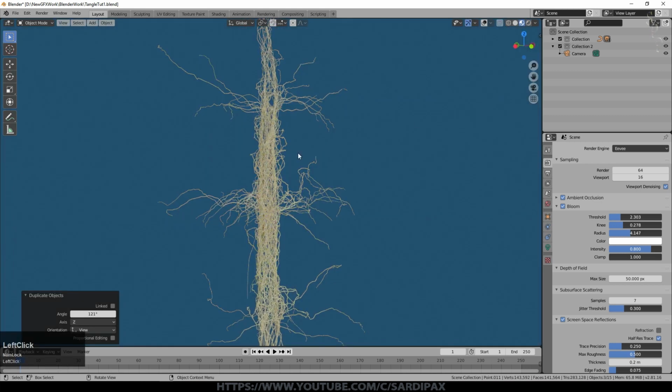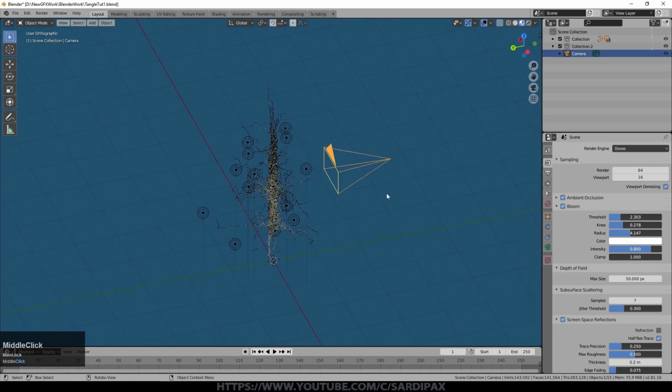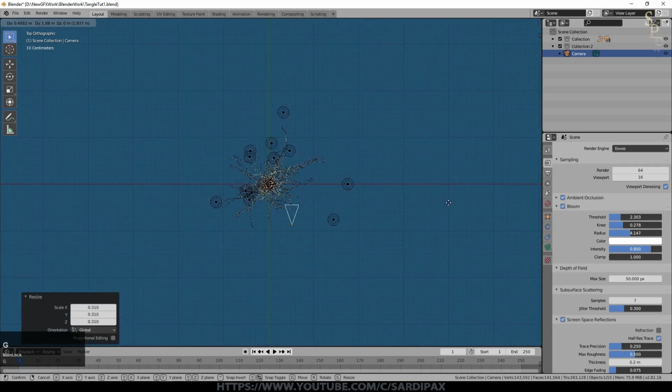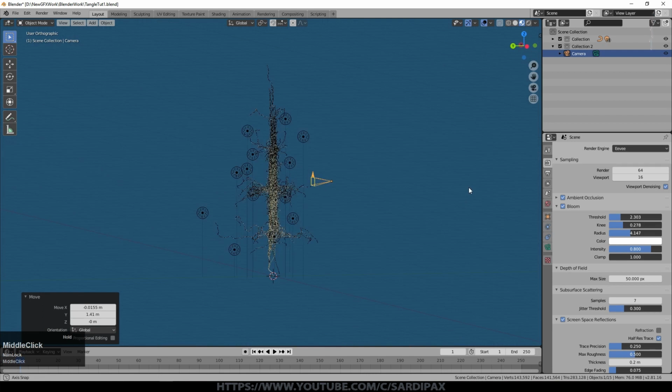Obviously you can do the usual thing of just keyframing the movement of the camera. I'll make the camera a little smaller so that we can move it closer to the object without it getting buried in the object. So we could just put it, say, here, keyframe that, press I to keyframe it, then put it here, and it will then move from one to the other.